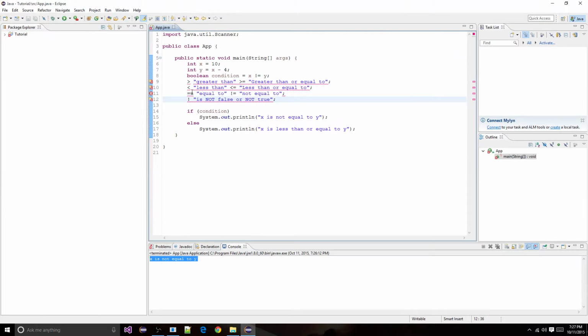So basically, you just read these out in plain English. So basically all I say is we're saying the condition equal to x is not equal to y, or x is greater than or equal to y, or greater than y, or